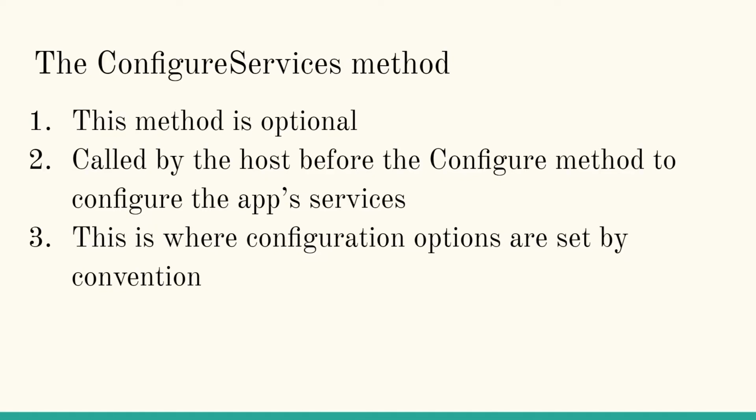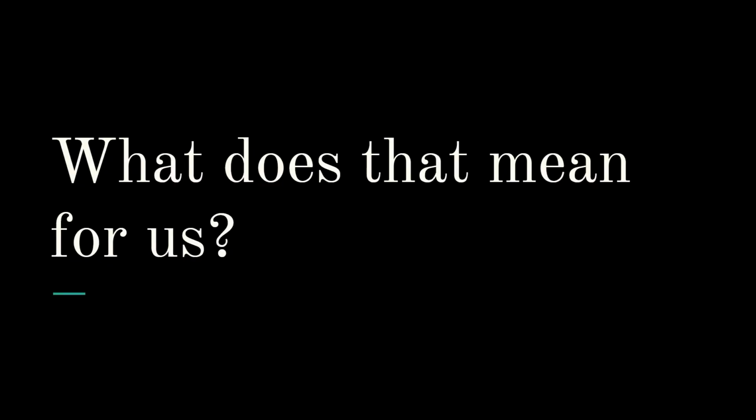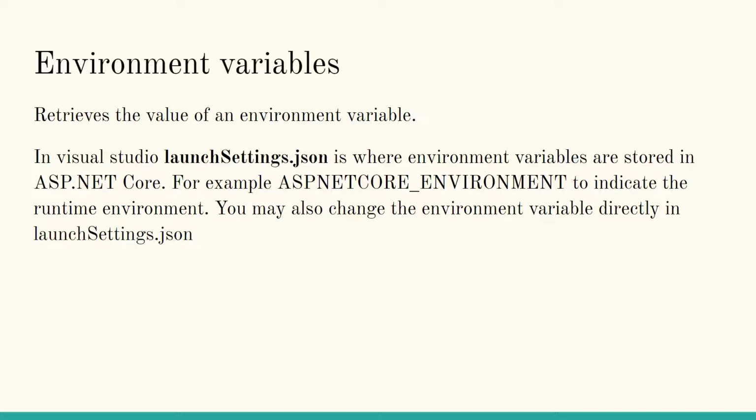First of all, this method is optional. And again, this is called by the host before the configure method to configure the app services. And this is where configuration options are set by convention. So what does this all mean? This is where we get environment variables. We retrieve the